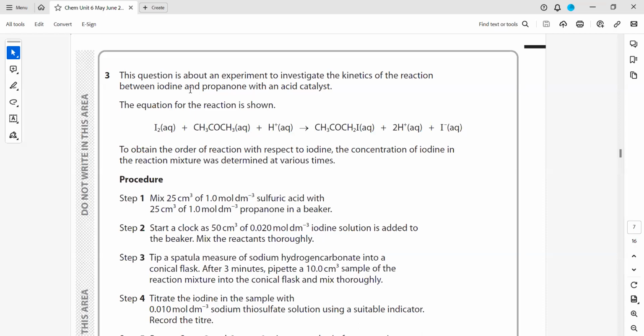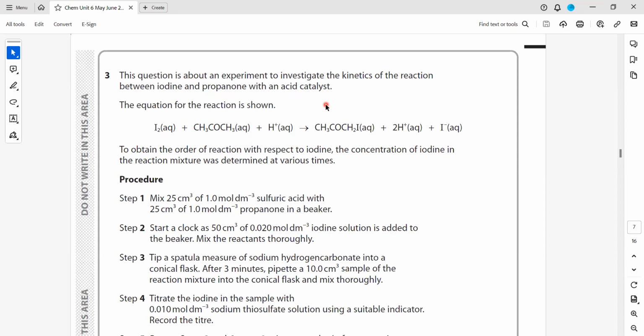So this question is about an experiment to investigate the kinetics of a reaction between iodine and propanol. Remember, the iodine-propanol reaction is a very common type of reaction, and it is zero order with respect to iodine, so the rate of the reaction does not depend on the concentration of iodine. To obtain the order of the reaction with respect to iodine, the concentration of iodine in a reaction mixture was